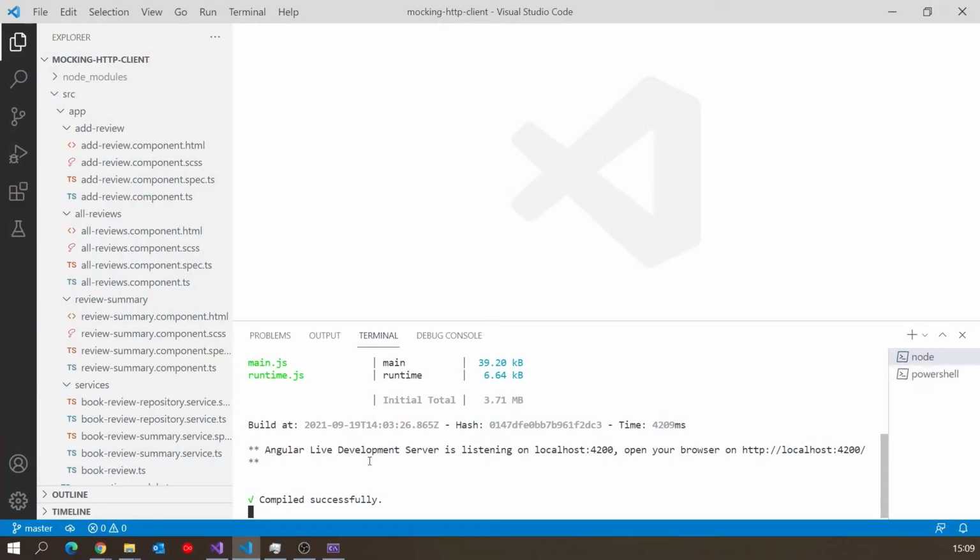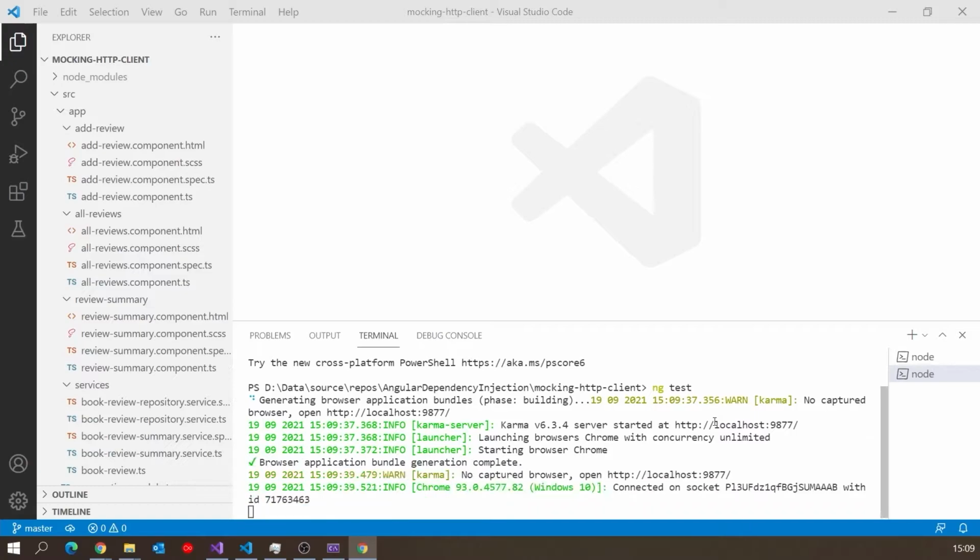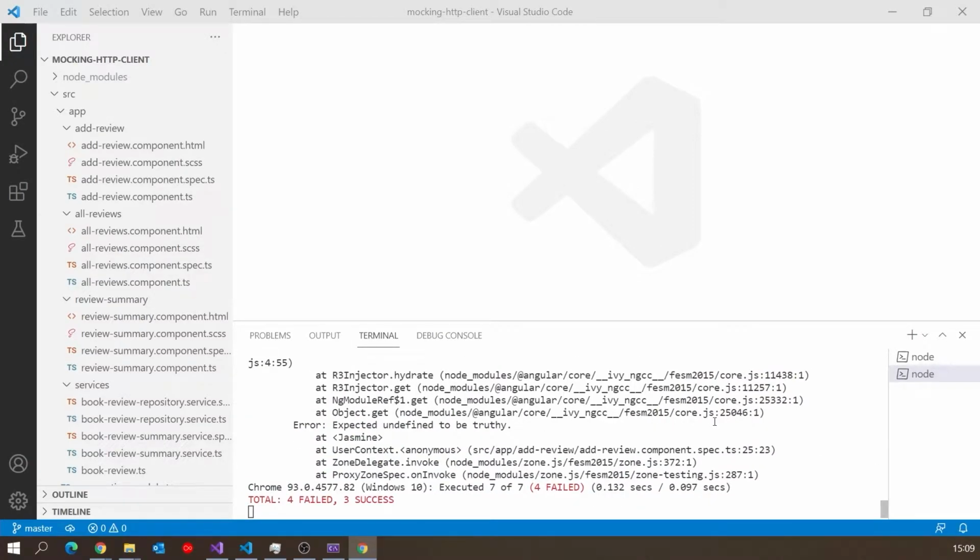So it's all working in its very basic way, but there was a fundamental problem that I completely hid away and didn't mention, which is the fact that although the actual application's working, the unit tests are now going to be failing completely. So if I just bring up VS Code, you can see there we've got the application running, no problems. But if I go to a different window and just type in ng test to do the unit testing, then we can see we're getting 4 failures.